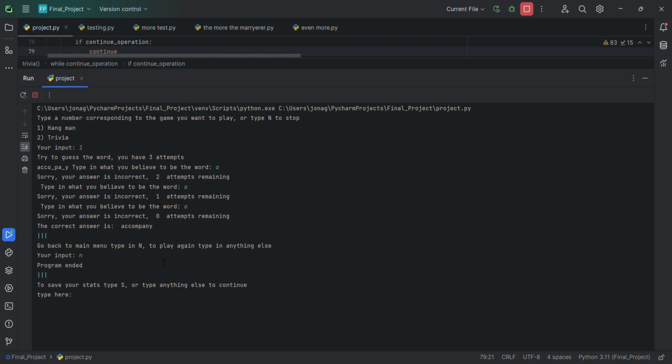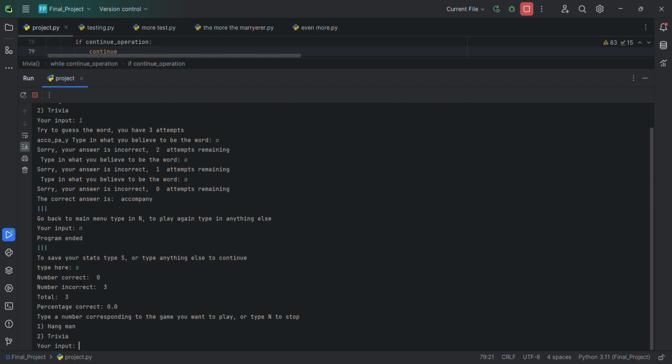And here it's asking us if we want to save or not. And we're going to save. And right here it's going to show us our stats. 0 correct, 3 incorrect, 3 total. And percentage correct is 0. All this information right here is going to get saved into a file. And then right here we have